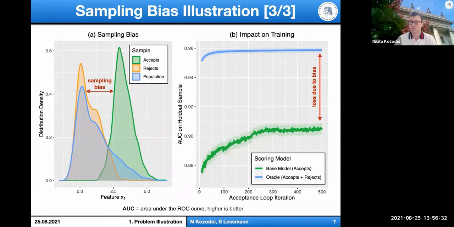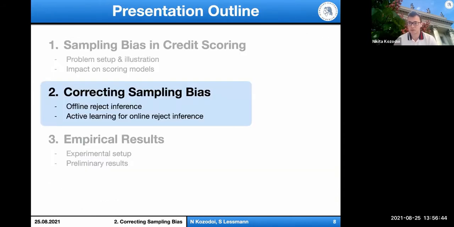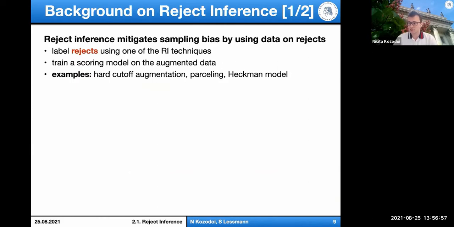So as a financial institution, we would like to bring this green curve upwards as high as we can in order to mitigate this performance loss due to sampling bias. And then the question is how we do that. So that's what methods that look at sampling bias correction try to answer in credit scoring and in other areas in general. In credit scoring, the literature has been focusing on the family of methods that is commonly referred to as reject inference. So reject inference simply refers to different techniques that mitigate this bias by using data on